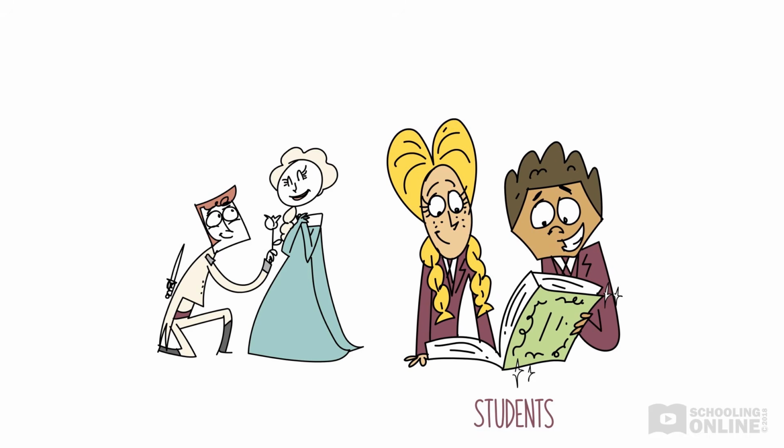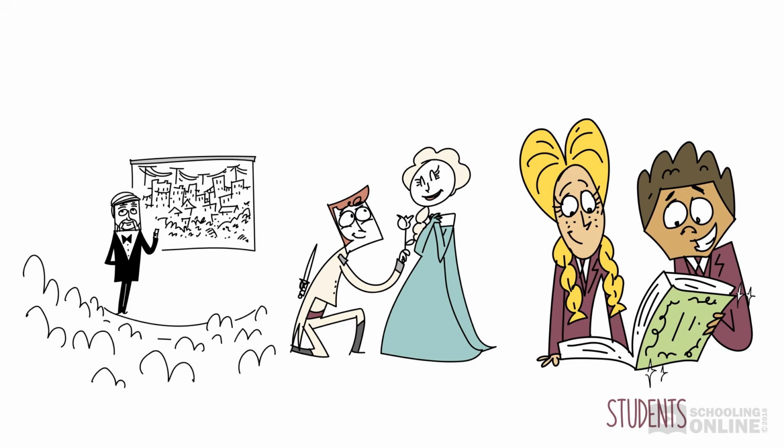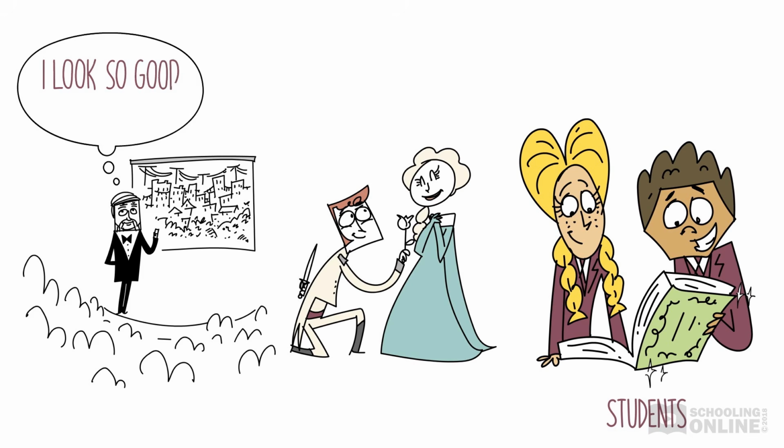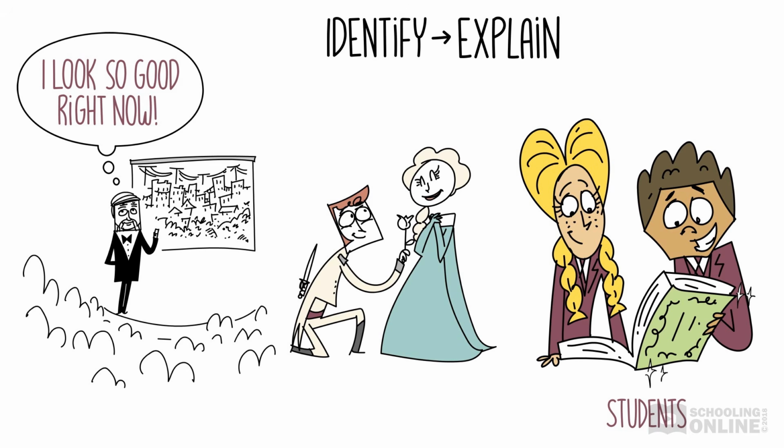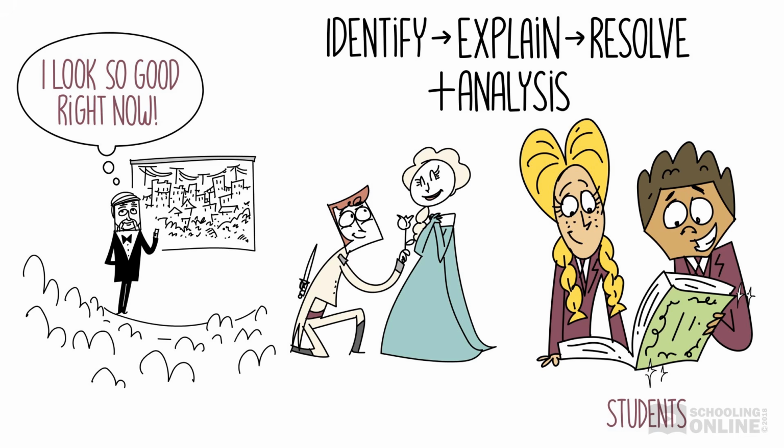Perhaps the sweetest characters in your text eventually reveal themselves to be the most savage. Maybe your character professes to care about others' well-being, but is actually very self-absorbed. When you identify paradoxes, paradoxically, you often end up explaining them and thus resolving them. Always remember to supplement this with proper textual analysis.